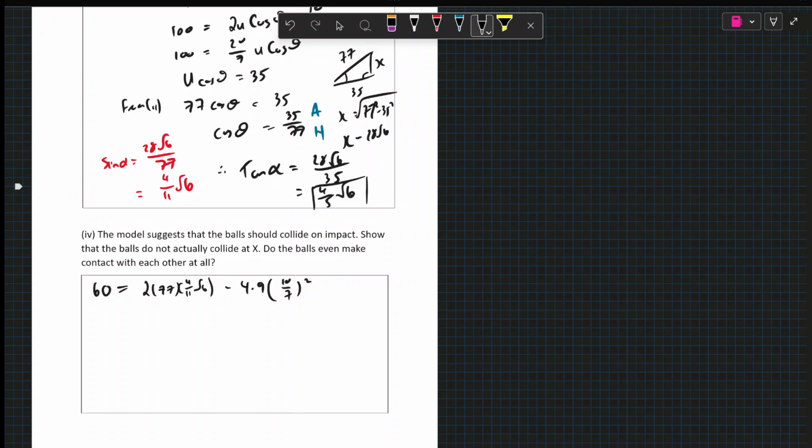Now, 10 over 7, if we square that and times by 4.9, we get 10. So if we add that, we get 70 equals 2 times 77 times 4 root 6 over 11, which gives us 137.17 dots. So they're not equal. So therefore, the balls don't collide at X, capital X rather, it should be,